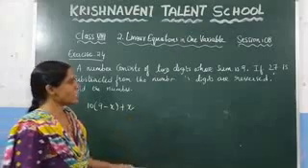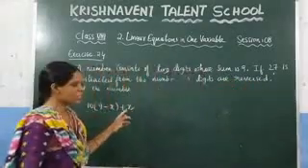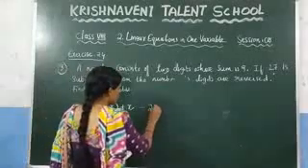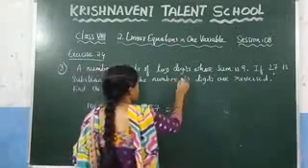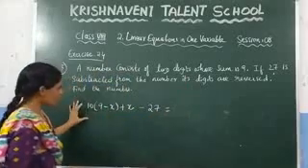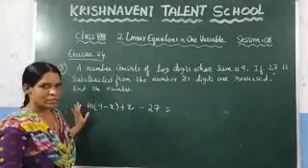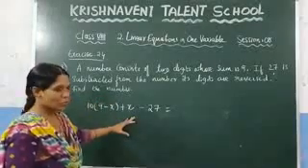Now, what they are saying here: if 27 is subtracted from the number, that means you are subtracting this number from 27, and its digits are reversed. Here we don't know what that number is. Based on the place values and the sum of the digits, we found the number, which is 10 into 9 minus x plus x, up to this one.